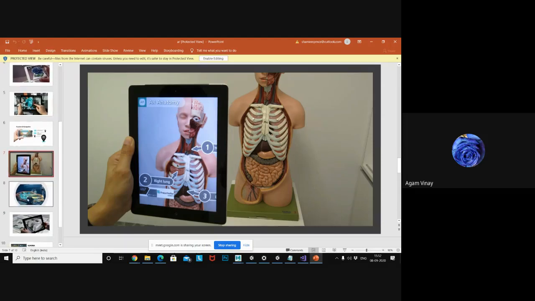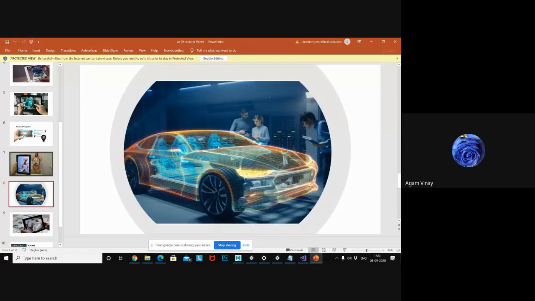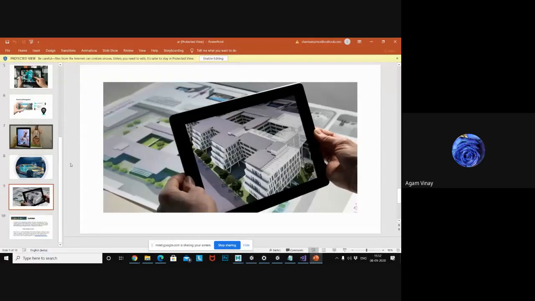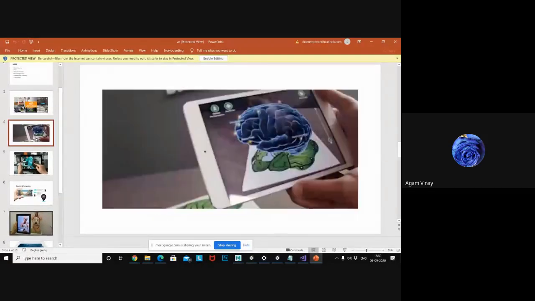Okay, this is also used in the manufacturing area. This is in the real estate area. As you know, you only have a blueprint, and you don't see the output until after you construct it. But with Unity it is possible. With only the blueprint, you can see how your house will look before the construction. Okay, and there are so many uses with AR.